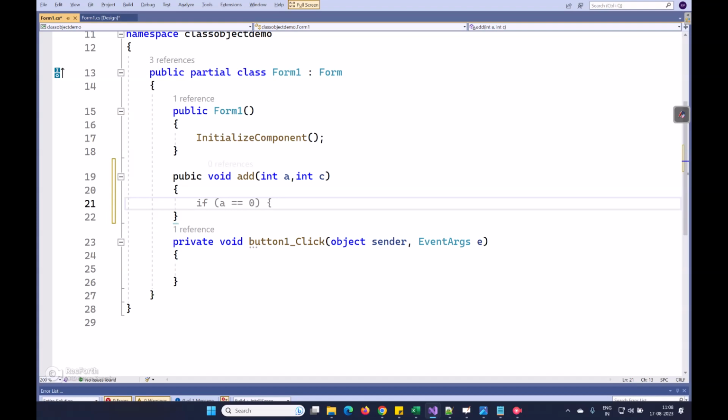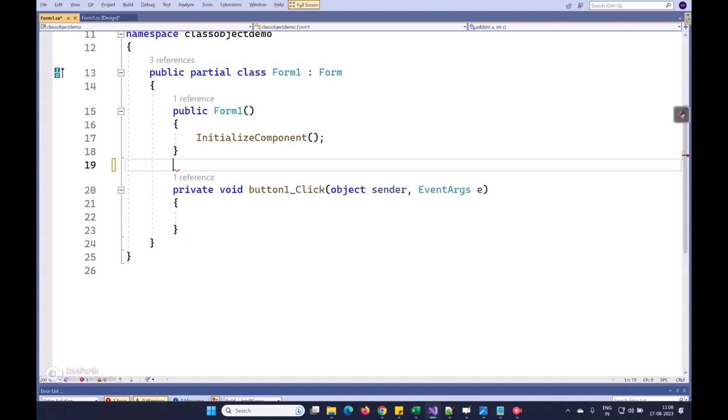Don't write. Wait, I'm just showing you. I'm just checking. Can I write a method? After some time it will give an error, but always you have to see whether it is giving an error. It is giving an error to me. Void, it is not returning anything. So you cannot write a method directly. You have to write it in some class.